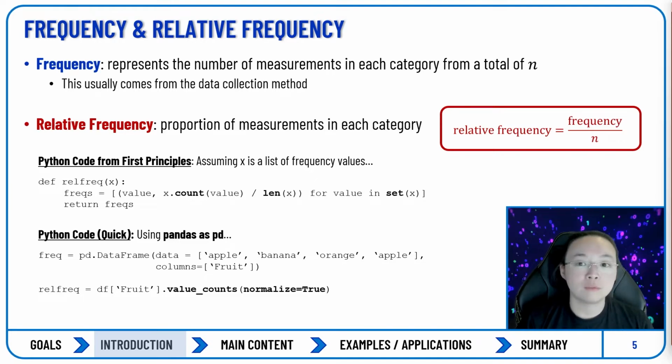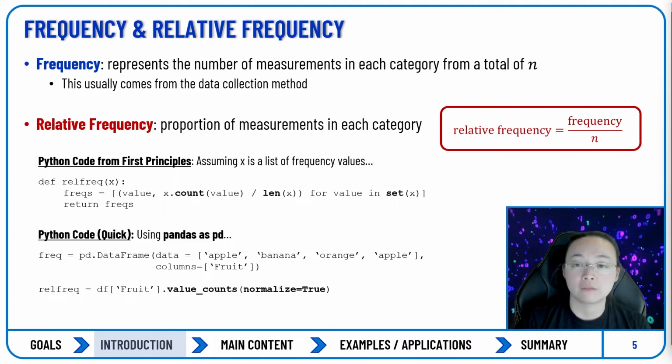Most importantly, we'll want to work with relative frequency or percentage. Relative frequency is really just the proportion of measurements within each category. So if you have 20 measurements in one category, but you took 200 measurements, then the frequency would be 20 and the total would be n equals 200, and your relative frequency would be 20 divided by 200. So that equation is useful for